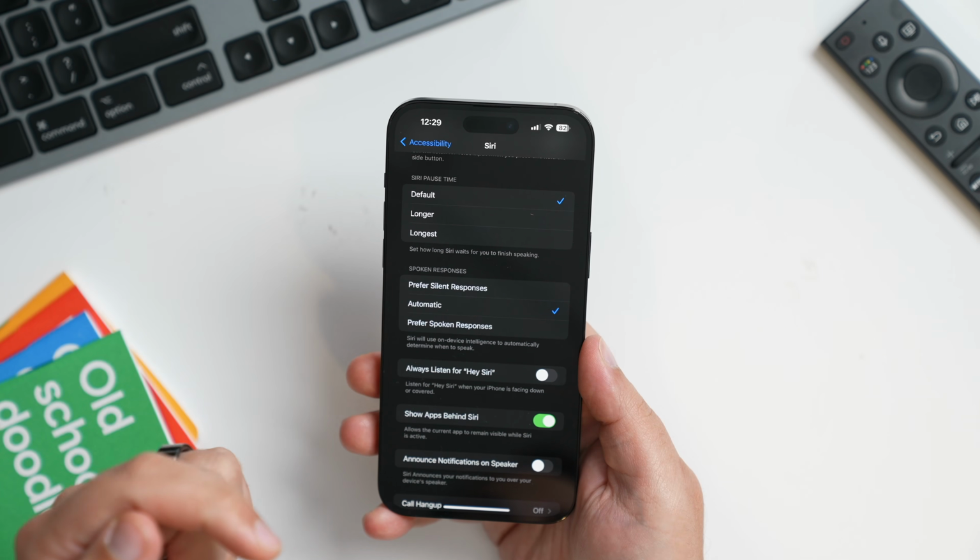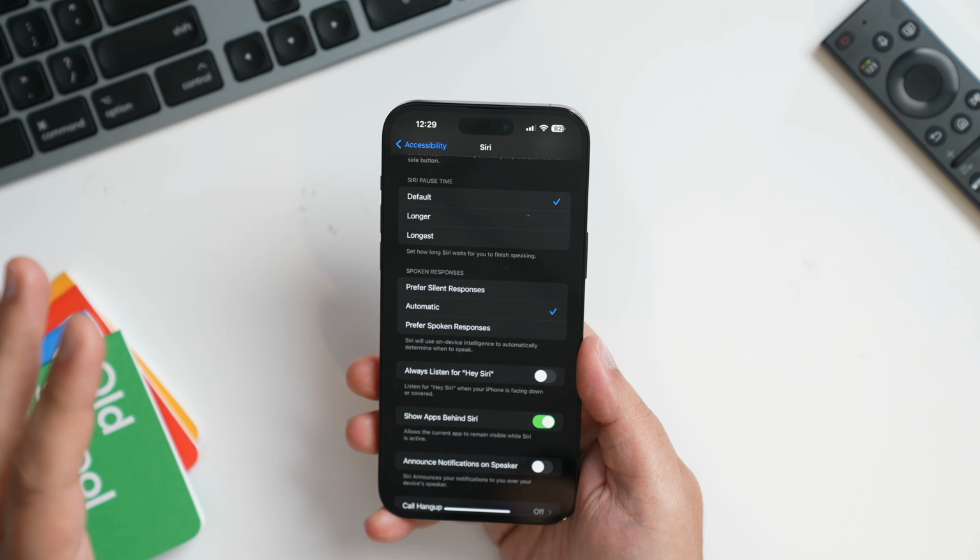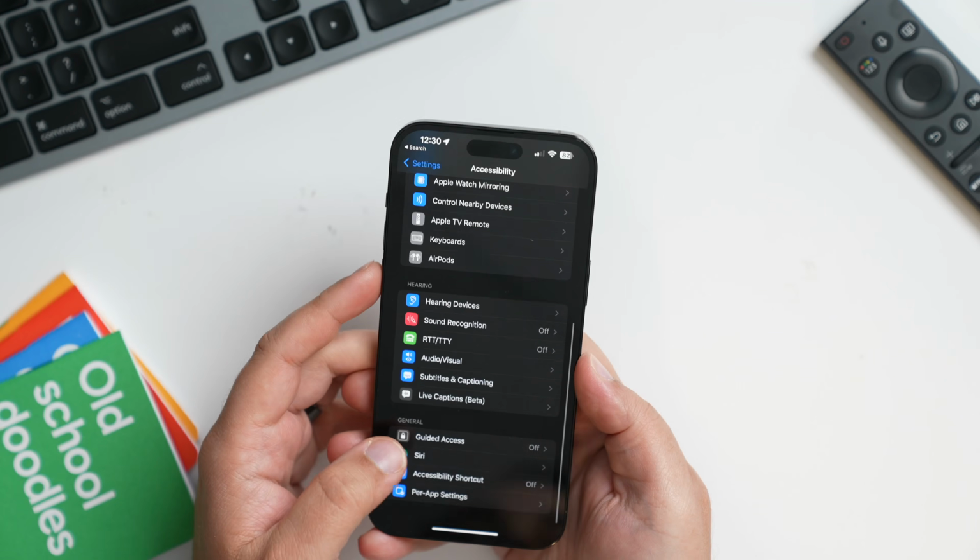And so yeah, you can have silent responses turned on automatically. You can have spoken responses always turned on, or you can go back to automatic where it will fluctuate between the two. And another change inside of 16.2 beta 3 here, if we go back into settings